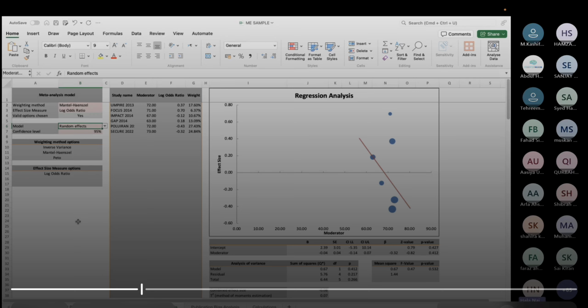To answer your question, Fawad, yes, you can do it for as many variables as you have the data for. ठीक है? So but generally common variables के लिए करते हैं. For example, age क्योंकि हर study की given होती है, male या female percentage हर study की given होती है, तो उसके लिए कर लेते हैं. And for if you have data for cohorts etc. and you want to do it, you can.